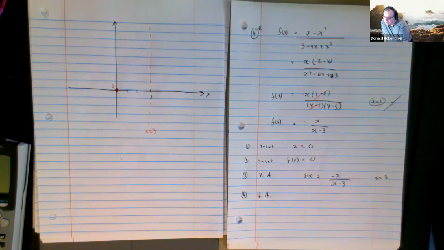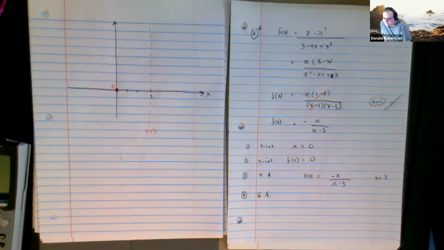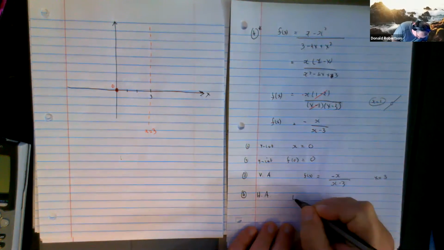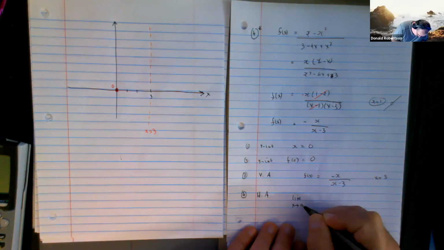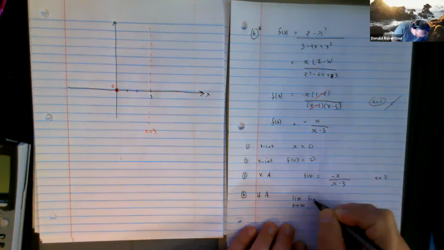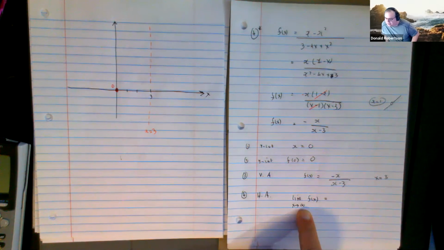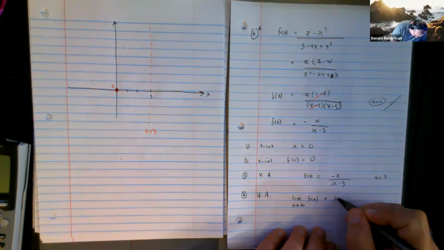It's going to be y equals a number because it's a horizontal asymptote. What number would this have? I'll show you how to find it. To find if there are horizontal asymptotes, you find the limit as x tends to infinity or negative infinity. In this case,